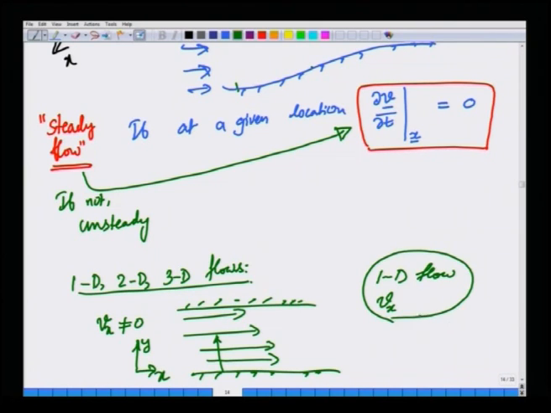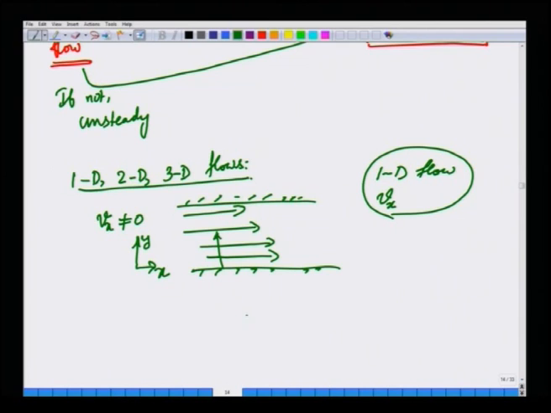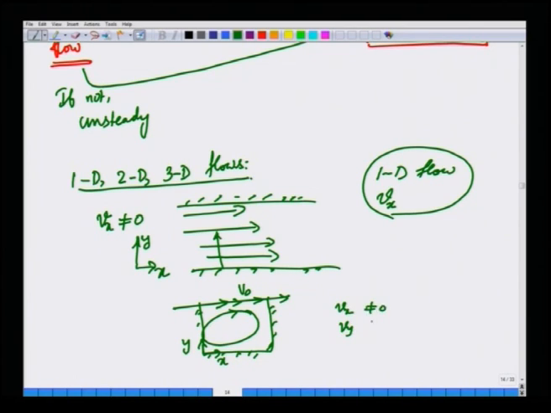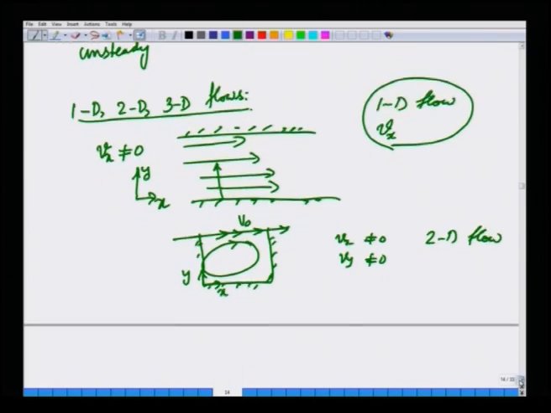Okay. And if the flow is there in two directions, for example, a flow in a square cavity, this is x y, the top plate is moving with some velocity v naught, the bottom and side plates are stationary, then the fluid will go like this. So, both Vx and Vy are not 0, and we can call it 2D flow, and if all three velocities are there, sometimes we can call it 3D flow, but there is not unanimity among various